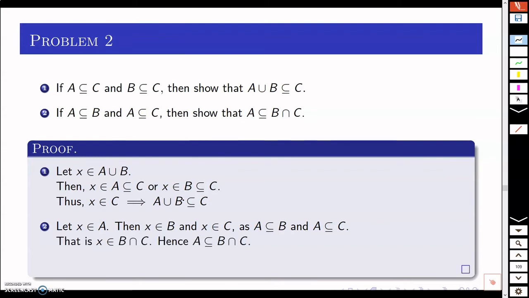That means X is there in the intersection, and hence A is a subset of B intersection C. Okay, so these are two trivial results which we will be using some way or the other. Next,